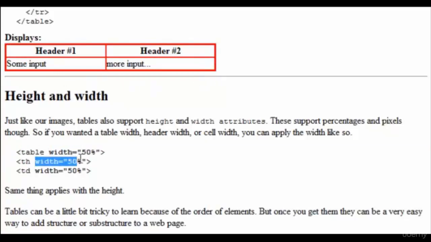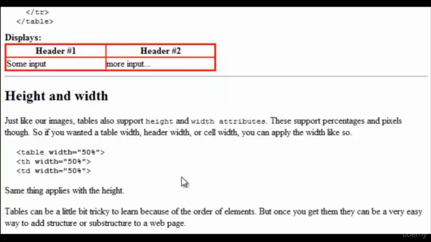You can change the TH to 50%, which means that this header up here, if we had a 50% width, would take up 50% of the table. And same thing with the data cell. If we change that to 50%, this would also be half of the table. Now the exact same thing applies with height, although percentages are not supported in every browser, and sometimes it makes your table look a little bit wonky in different browsers.